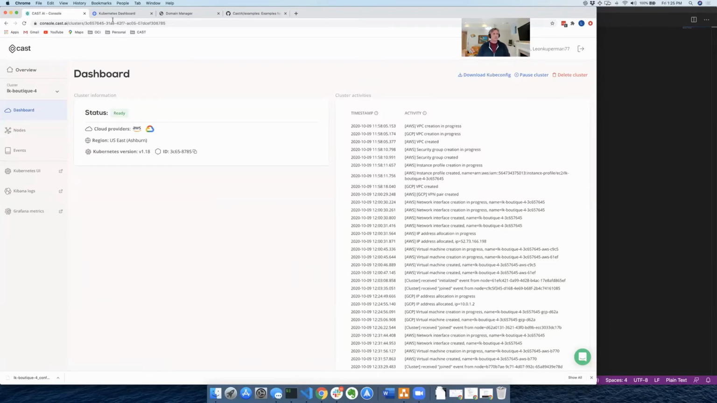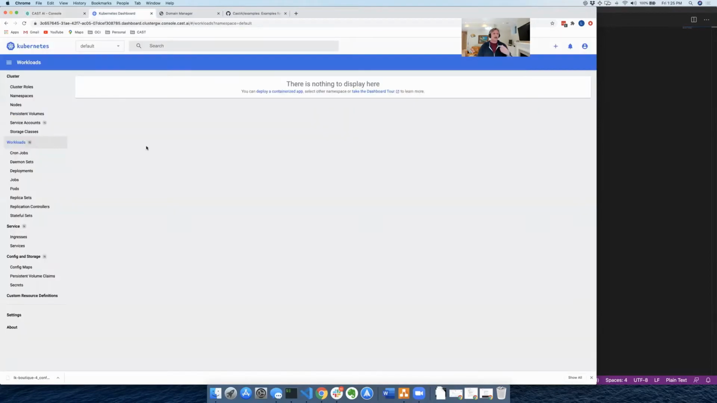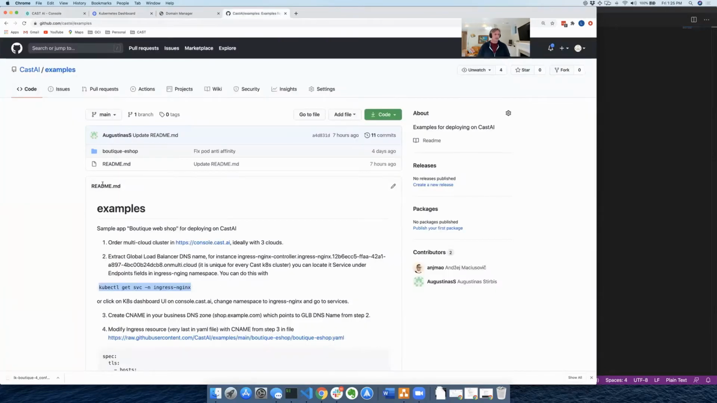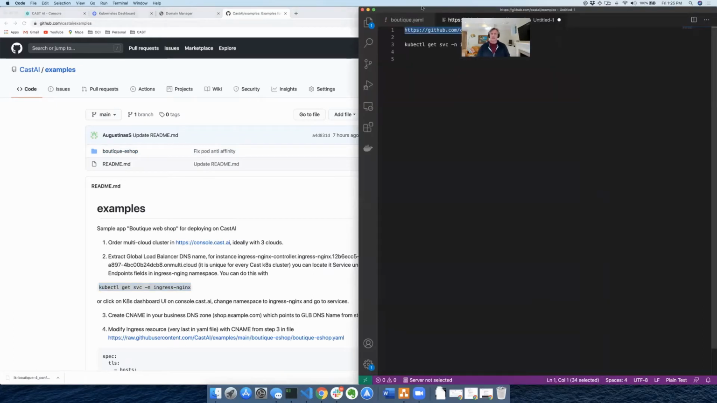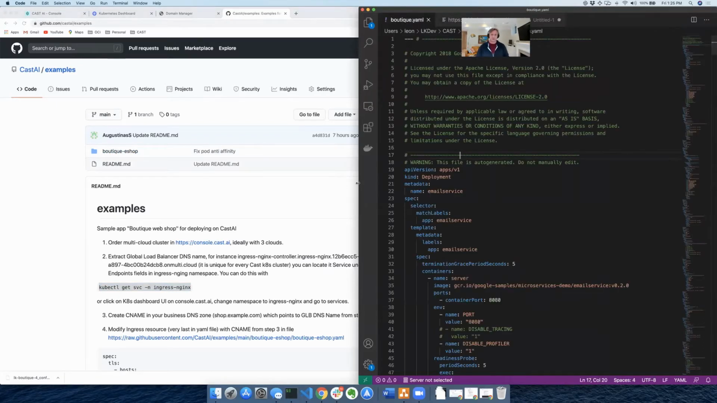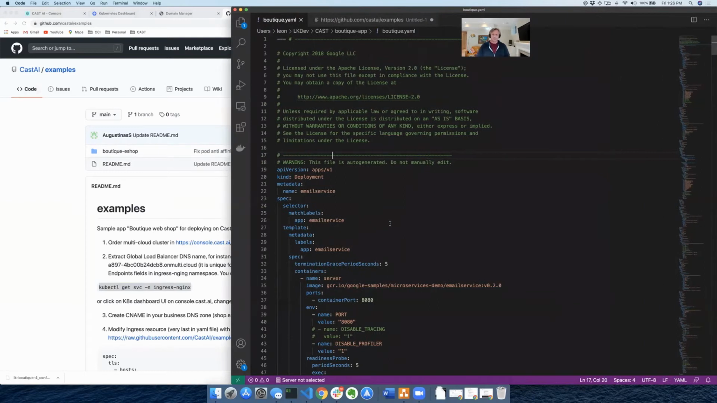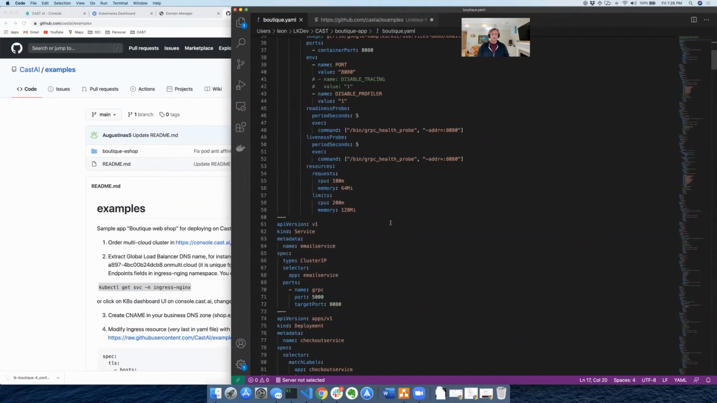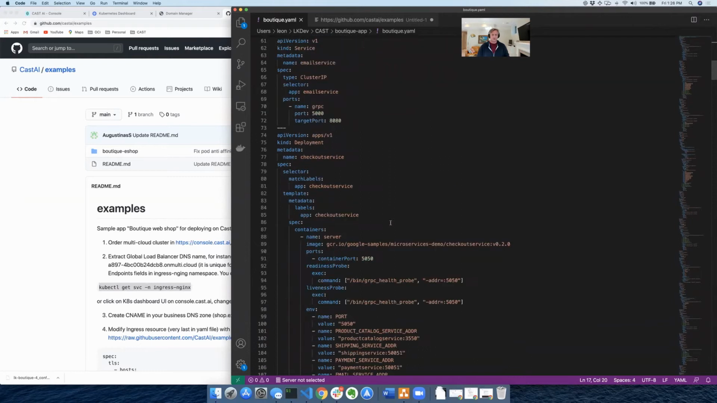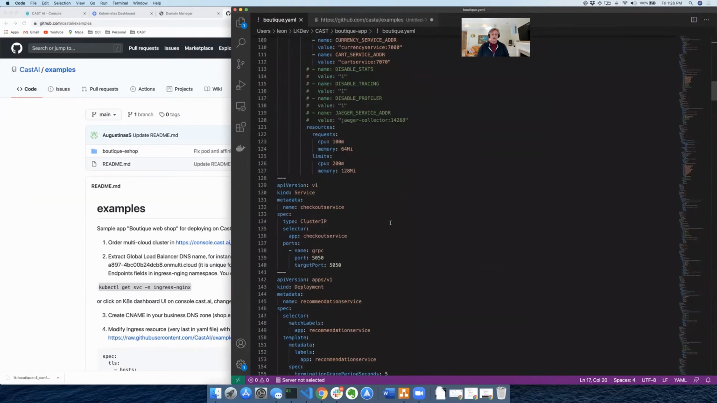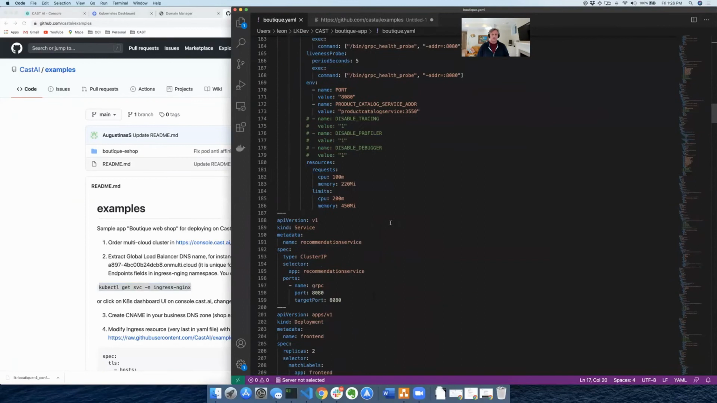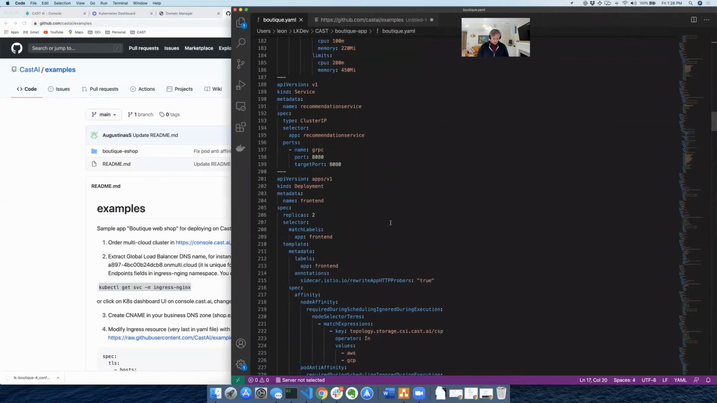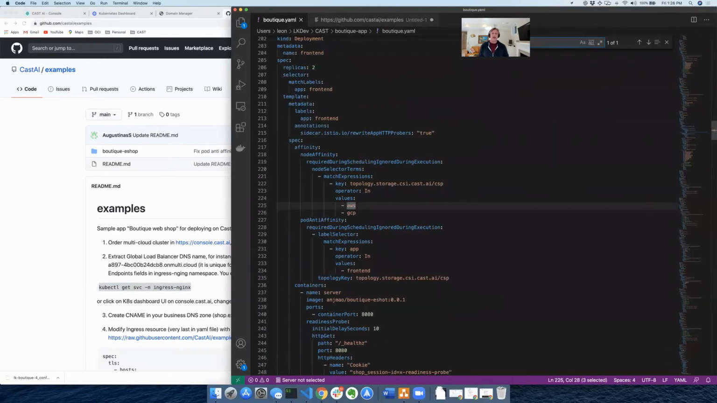So let's go back, and what I'm going to do is I'm going to download this sample application called Boutique eShop, and I've got it here in my Visual Studio Editor. So if you open it up and take a look, you're going to see there's a couple of places that we really want to focus on. The first one is when you deploy this on multiple clouds,